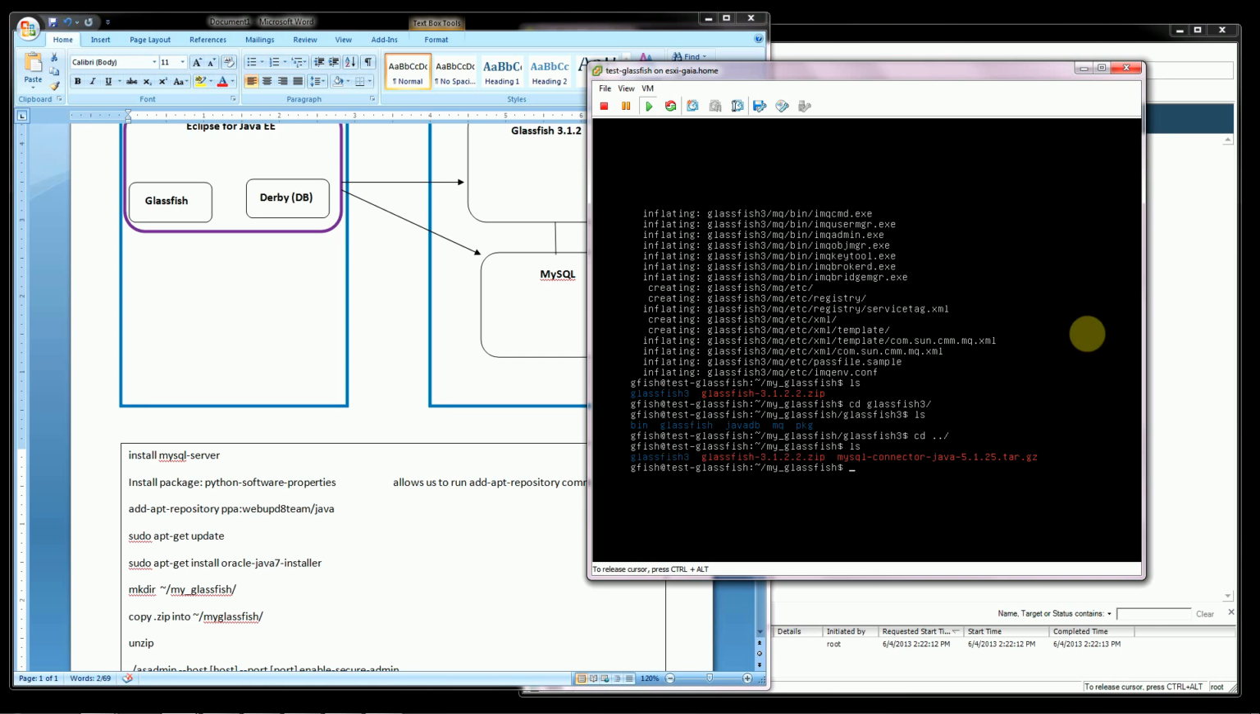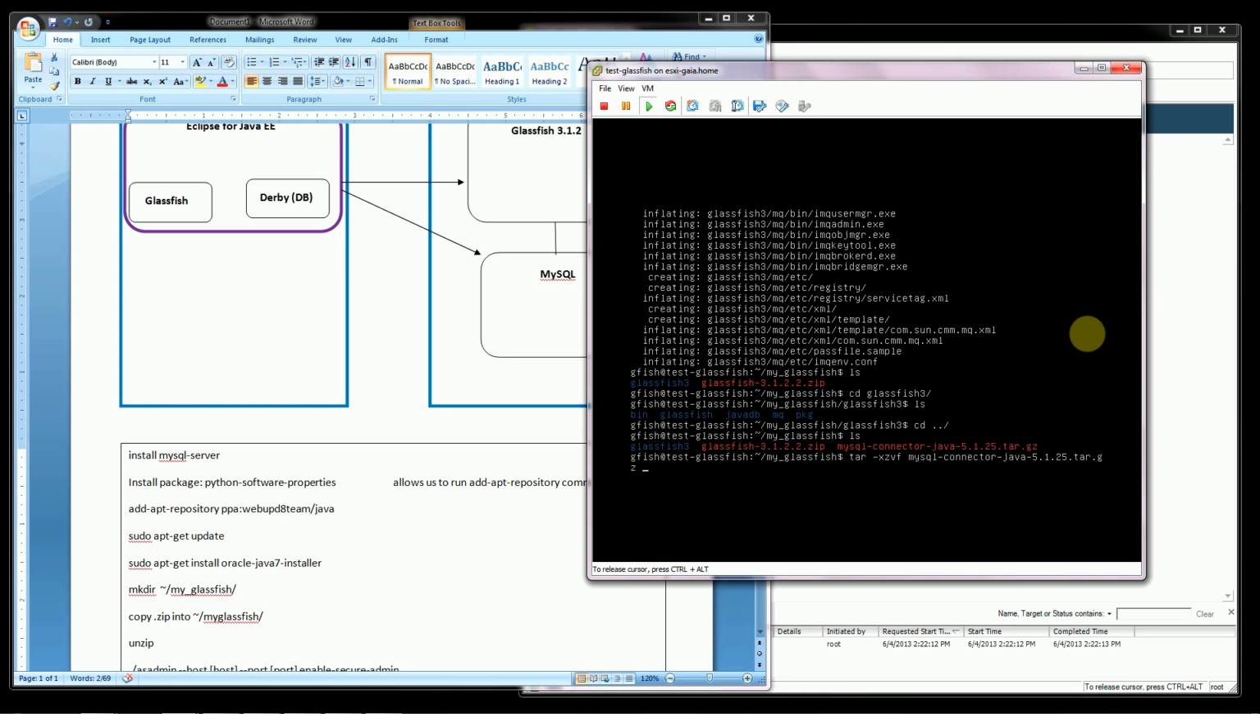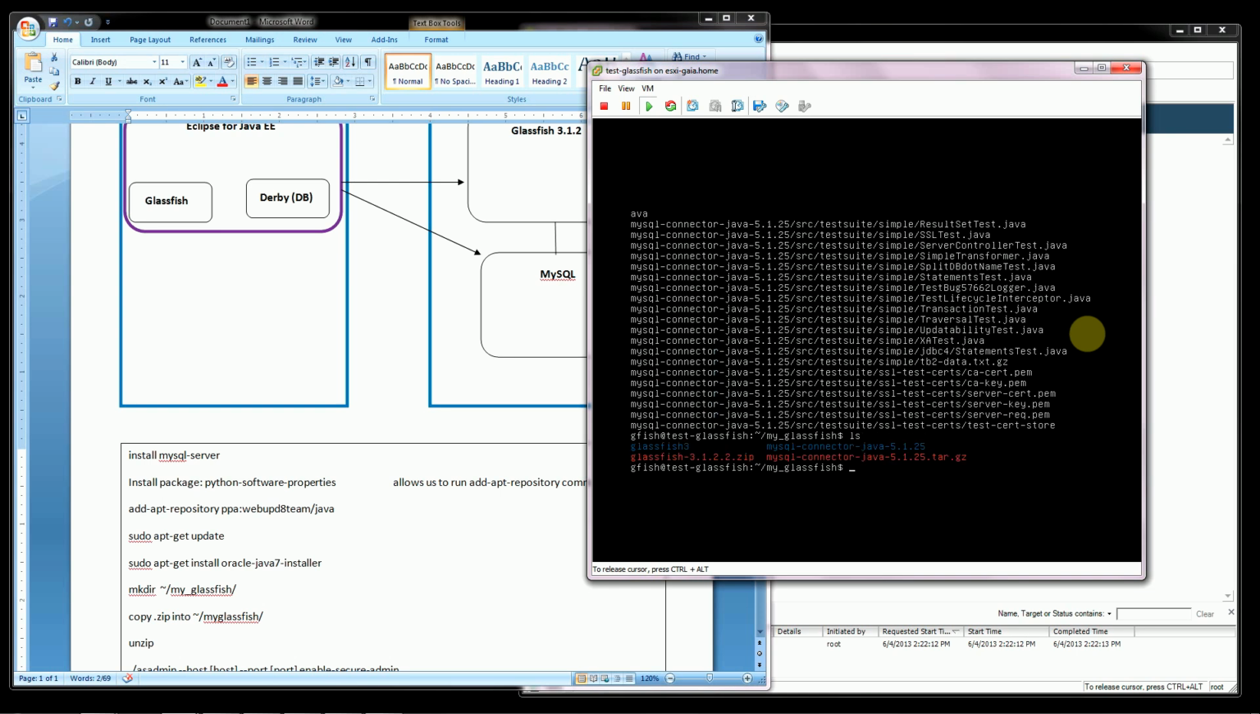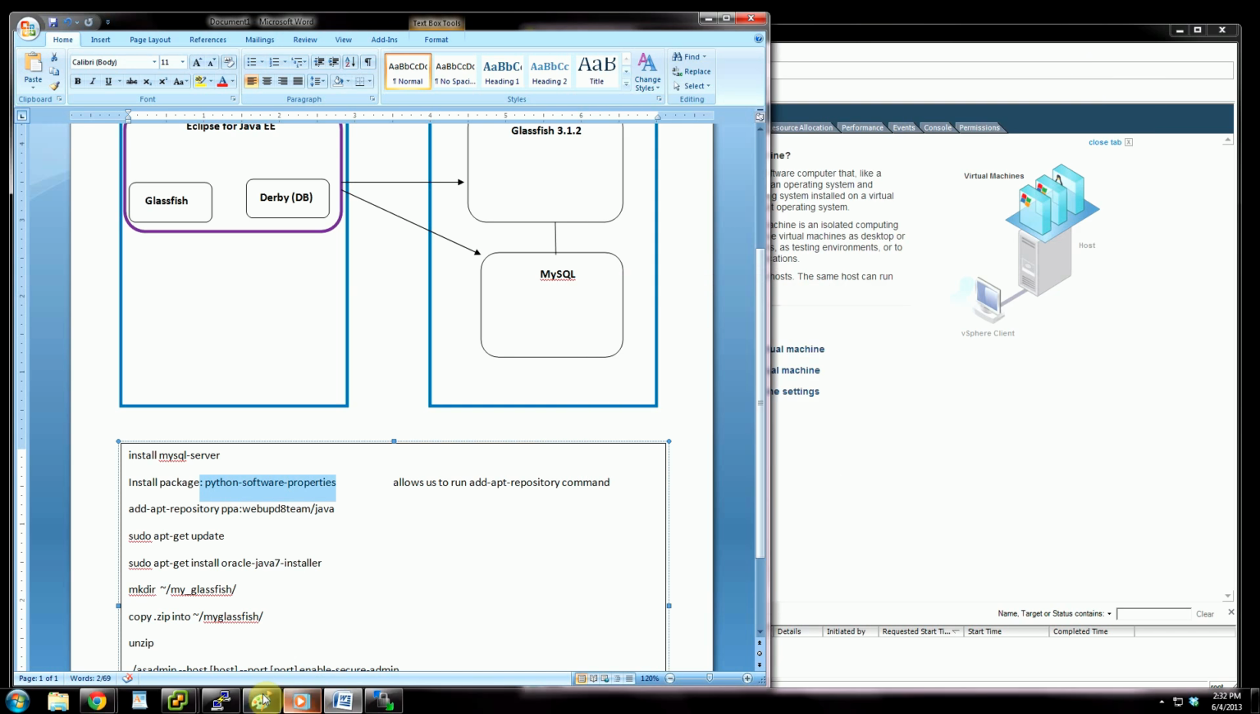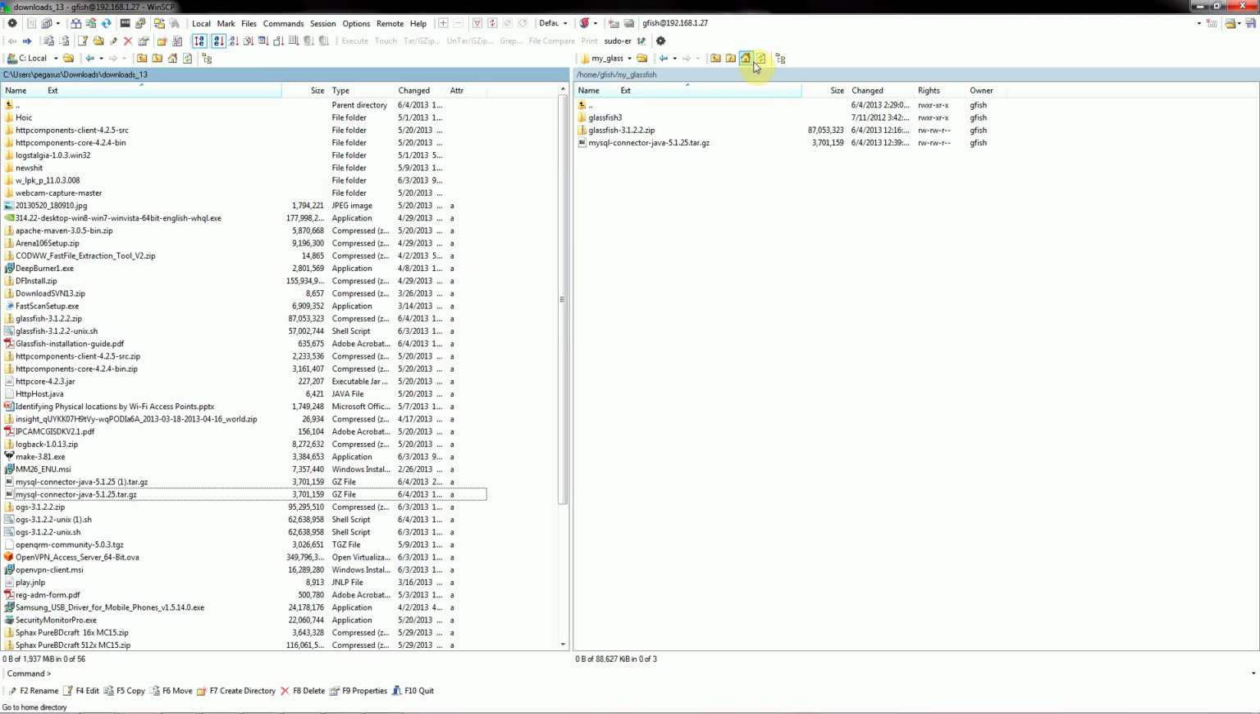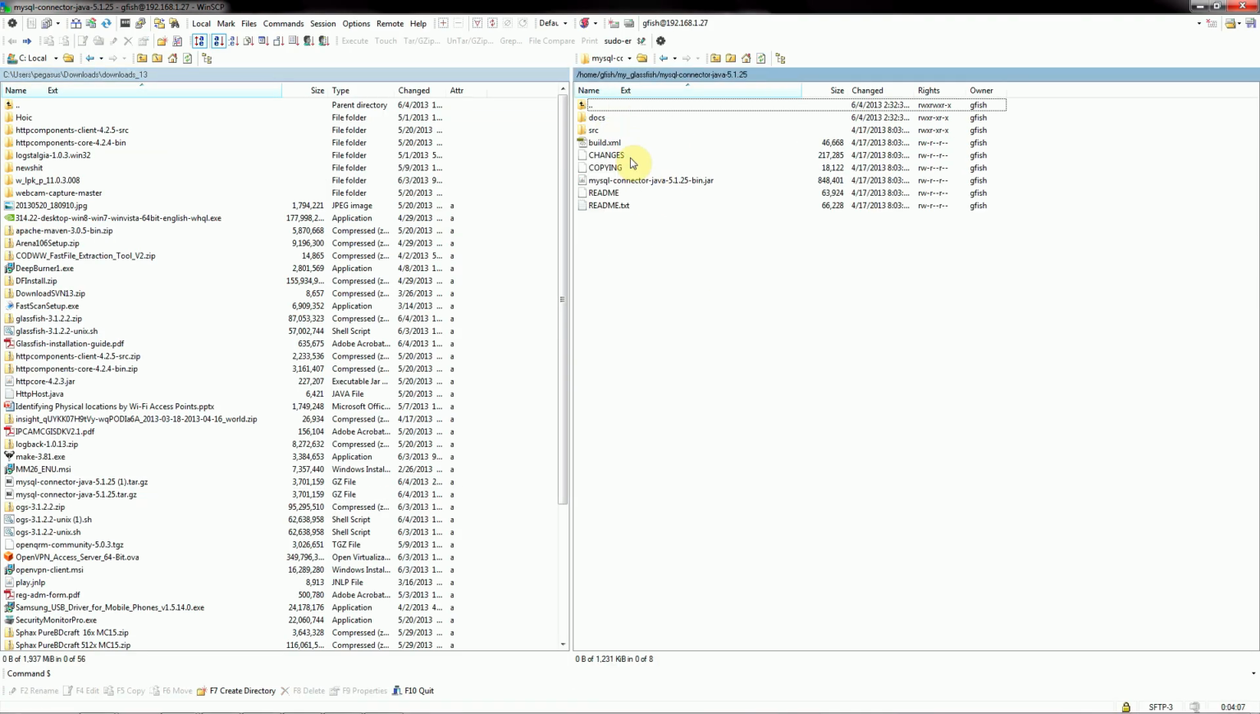And now we want to decompress this tar, so we're going to go ahead and do tar xzvf MySQL connector. Let's go ahead and just do that. List, and now you can see this MySQL connector folder which was created there. Let's go back to WinSCP again, refresh, and let's go inside of there and just quickly grab this, right click on it,